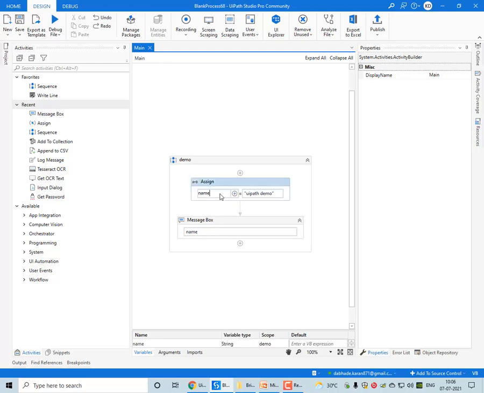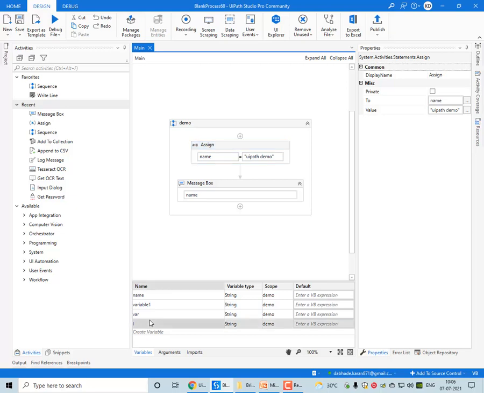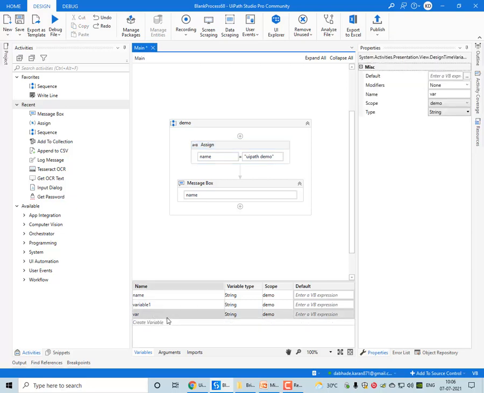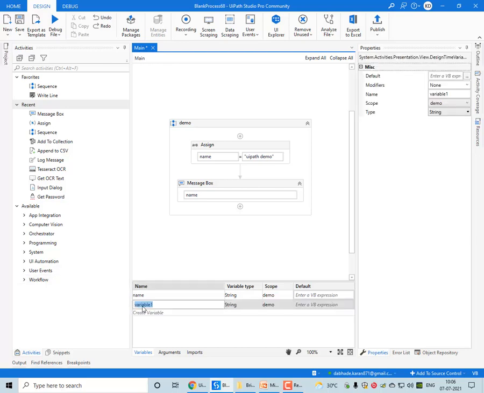Suppose you want to create a variable of integer data type. The unnecessary variable I will delete from here. So I am declaring one integer variable. You cannot give an exact name because it is of data type, so I am declaring variable 1 as integer, with value 2.